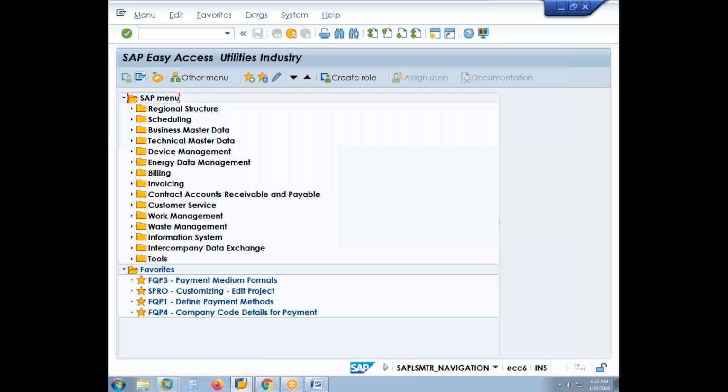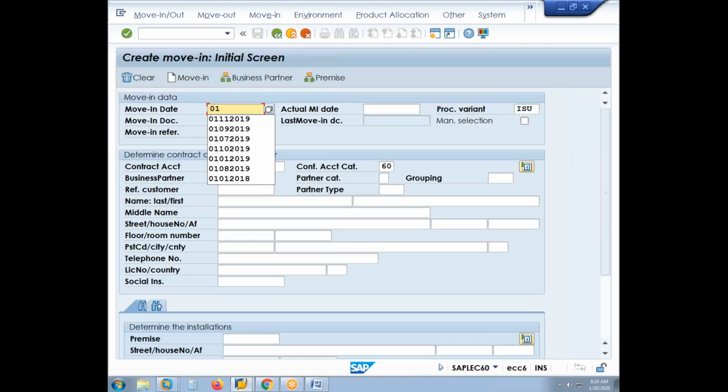We will do the moving on December 1st, 2019, so that we can perform the regular consumption billing in the month of December 2019, and from January onwards we can start doing the budget billing. Okay, so first we'll go to prepare the moving document, EC50E. We will take 01 and then